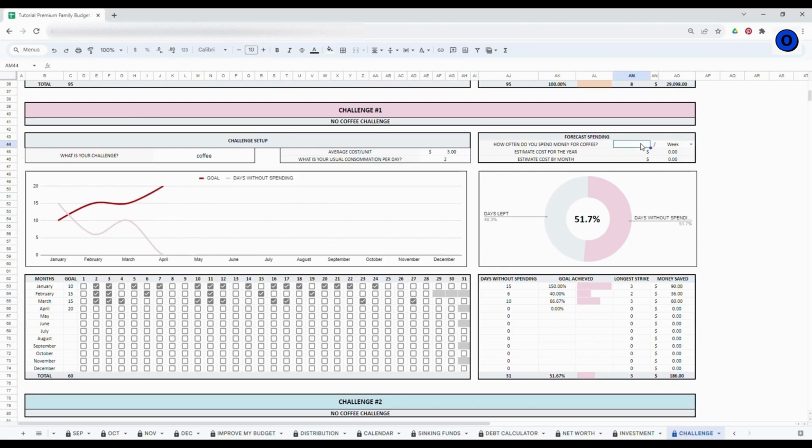So let's say I buy coffee 5 times a week. It means that if I do not spend money on coffee 5 times a week, I would save about $780 per year, which is $65 a month. So we hope that this tab will challenge you and motivate you to save some money. So now that you saw the spreadsheet,